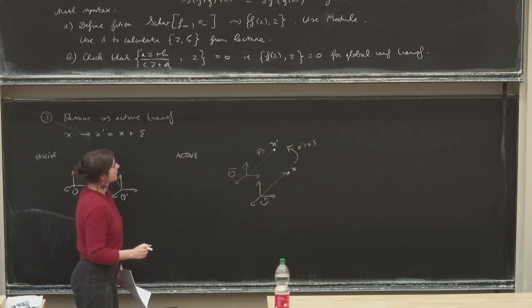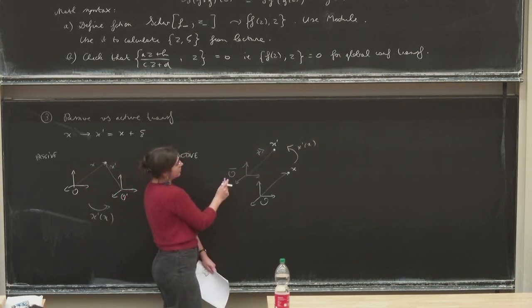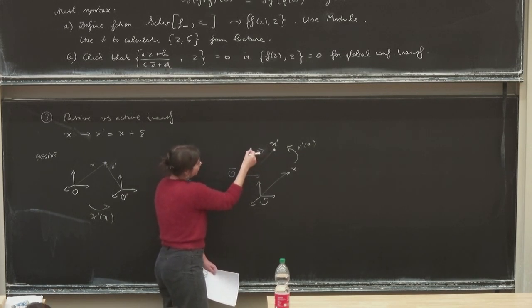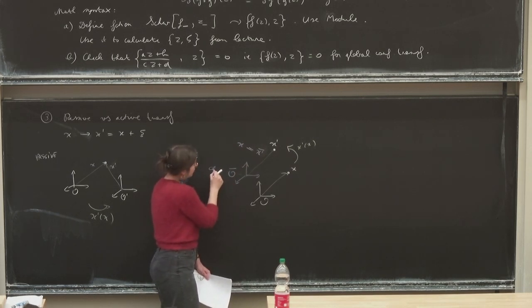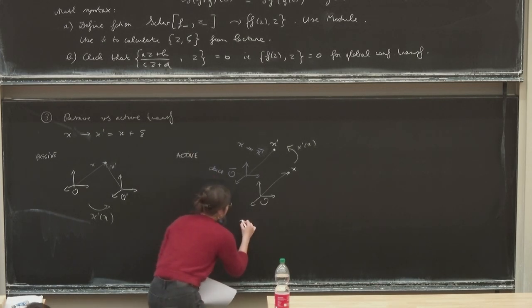That's right. And I've chosen this particular O bar such that this X bar prime is actually equal to X again. So this is by choice of this O bar. So effectively what I've done in the active transformation